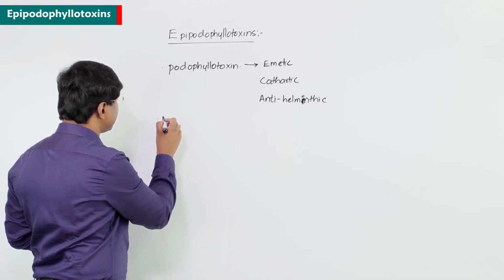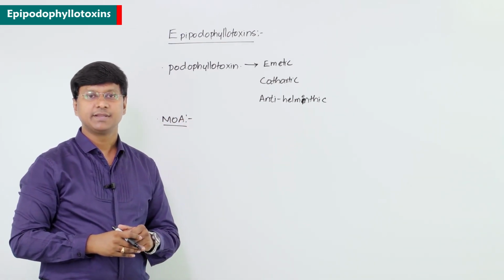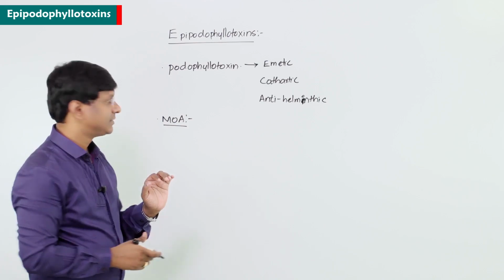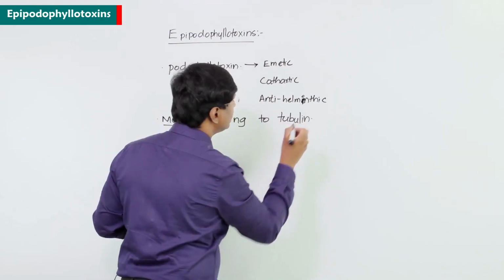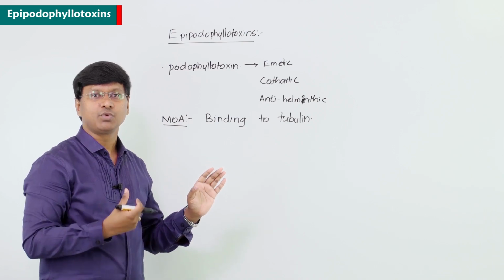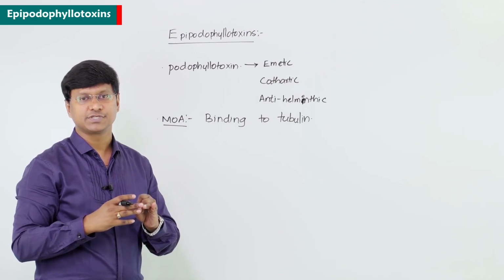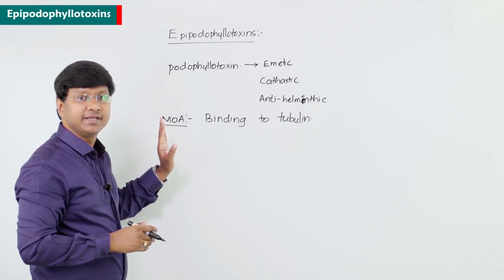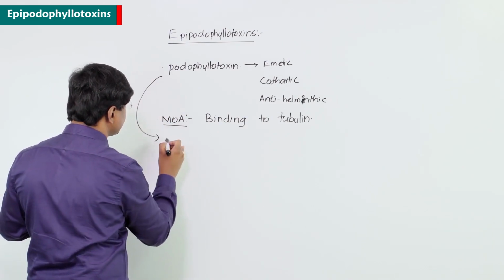Now if you take the mechanism of action of these drugs, remember these drugs act by binding to the tubulin. So what do these drugs do? They act by binding to tubulin. Now its derivatives, what are the derivatives? The derivatives include etoposide as well as teniposide. So podophyllotoxins act by binding to the tubulin, whereas the derivatives of podophyllotoxins